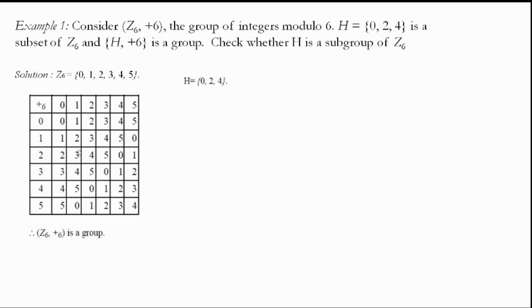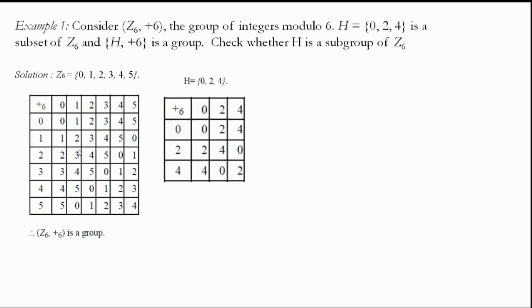Now using this you form the table, with 0, 2, 4 on the rows and columns, and fill the table. If you fill this table, do you find any element other than 0, 2, 4? No. That means this is also forming a group. Even though you pick some values from the main set, if you apply the operations and check the properties, it is also forming a group. Hence, H is a subgroup of the main group G. Clear?